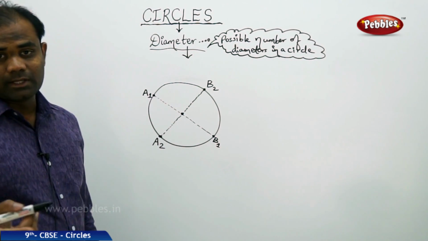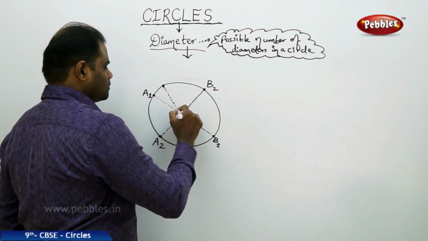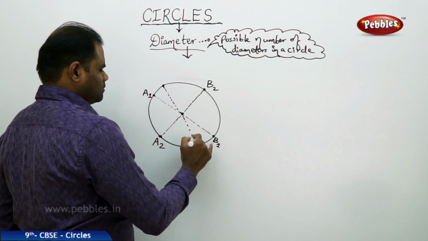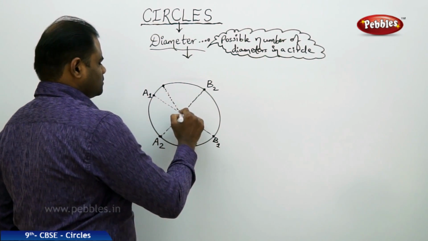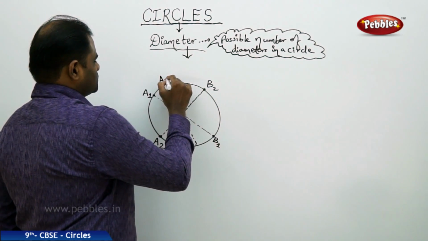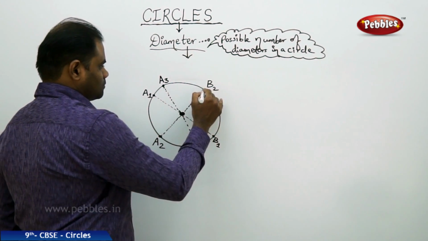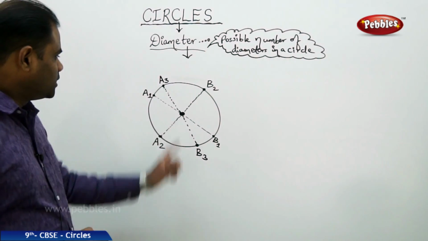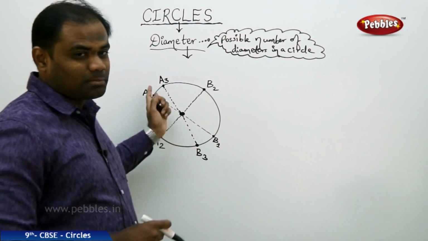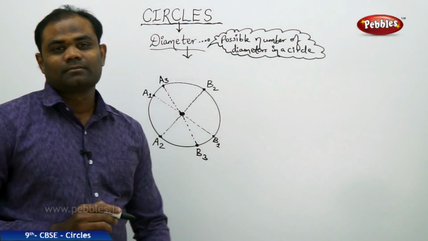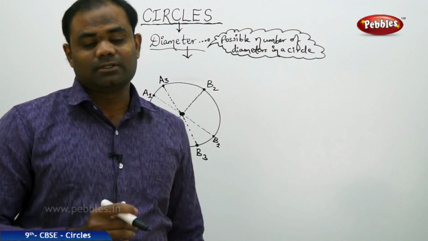Let me take one more in some other direction. So here I have another line passing through this center. So this is A3 and B3. So here is different set of lines taken into consideration, but interestingly all three lines are passing through the center of the circle. That means all the three lines as drawn here, the dotted lines, are the diameters for the circle by definition